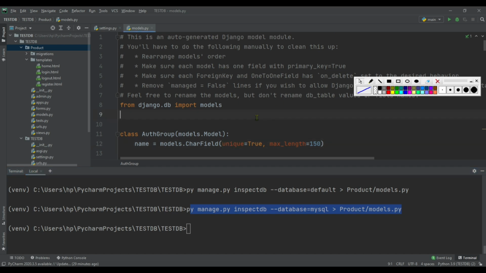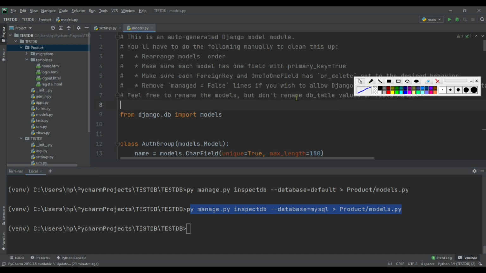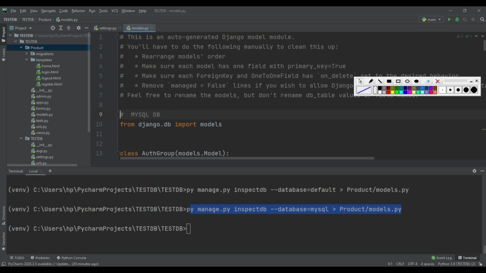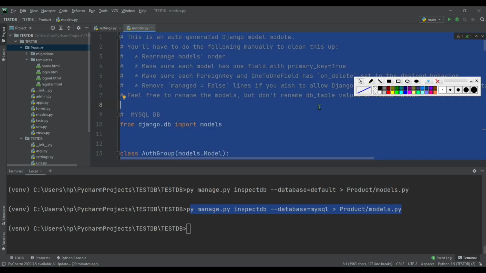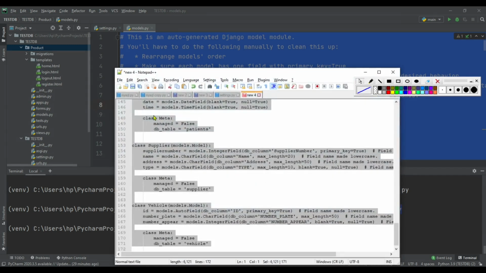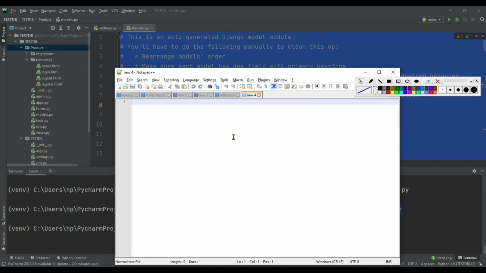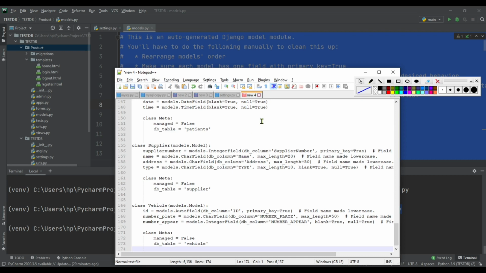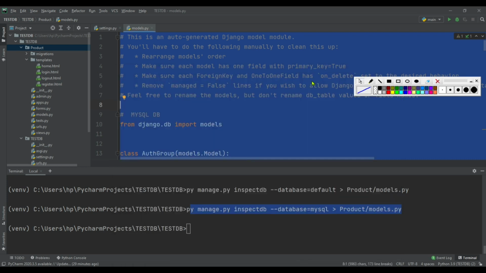So here I have imported tables from MySQL DB. So select the code, copy all the code and inside a file save this code.